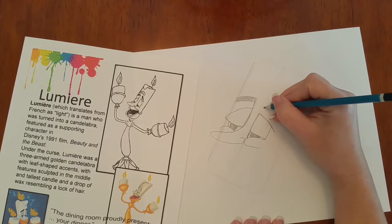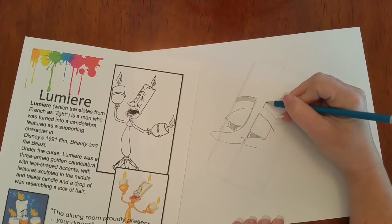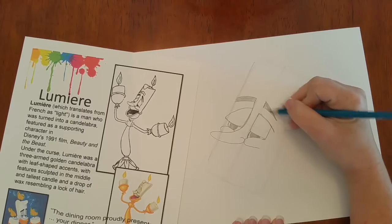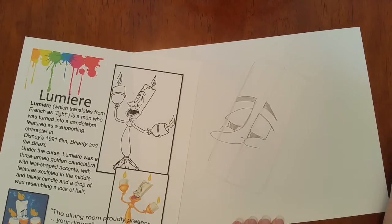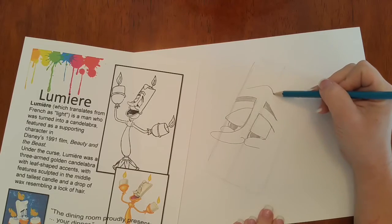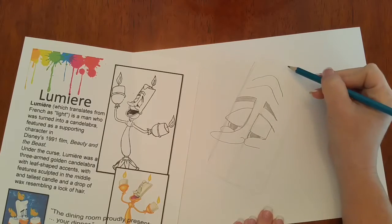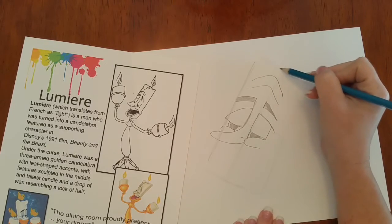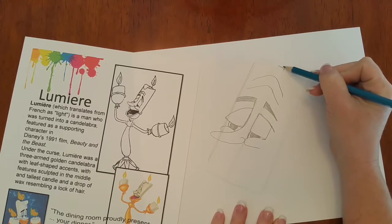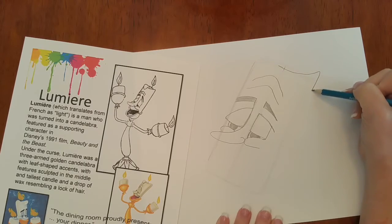So let's draw a line on the center and bring it to a V, and that's going to be an eyebrow. Okay? He has wrinkles that come up to V's, or curvy V's, I guess. And then if you come in a little more than halfway from the center line, we're going to come up and down,